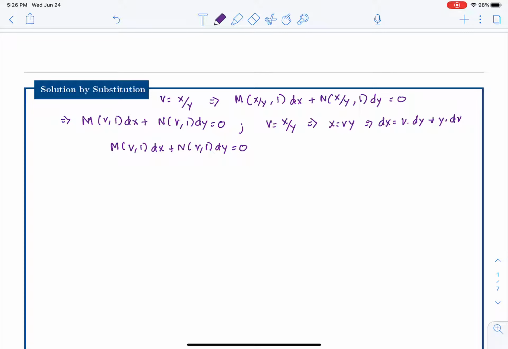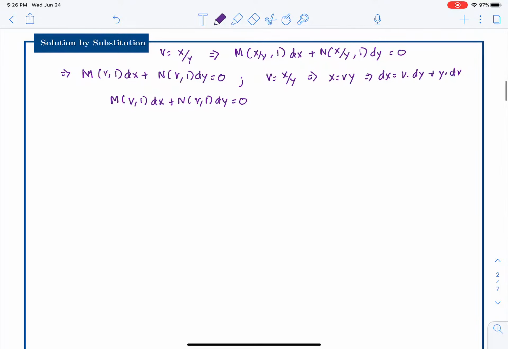So I can either plug it in for dx, or I can plug it in for dy, or I could plug it in for dy over dx. It's entirely up to you. It's a matter of convenience. So if I simply plug it in for dy over dx, I could rewrite this as